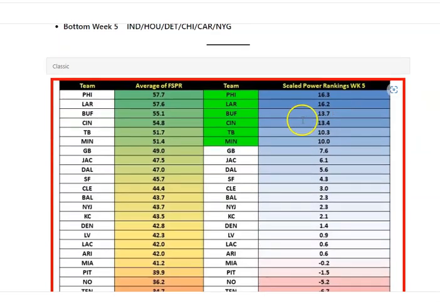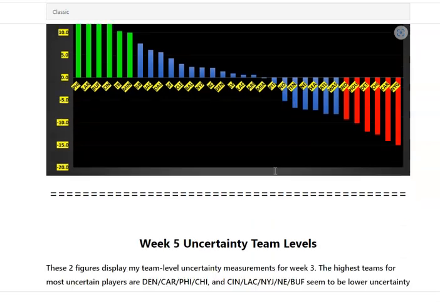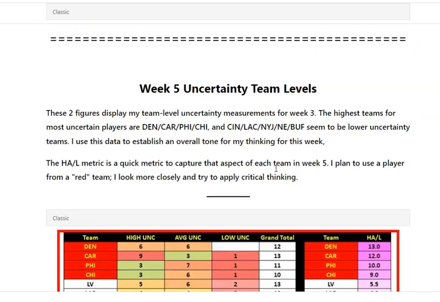And so you can look at my power rankings, and then I give you a visual, just kind of you can see the amounts, the intensity compared from one team to the other, in case that helps you break some ties. And I think it's important to look at the uncertainty levels. If you look across all the team players I ranked on that team and figured out how many are high or average uncertain players versus low, and kind of make a ratio I call the high, average slash low metric.